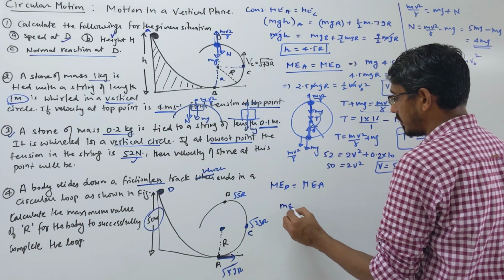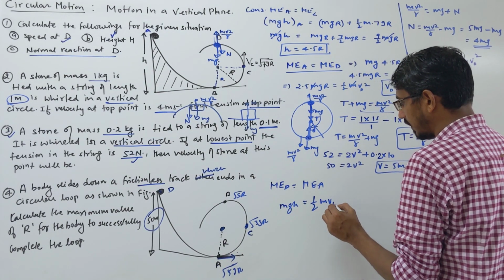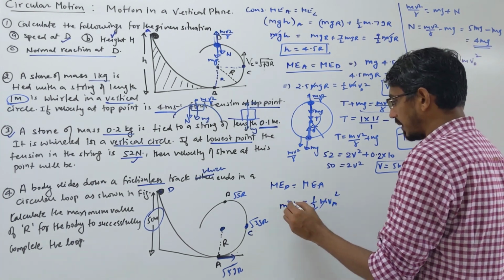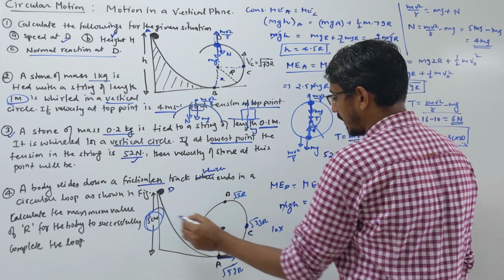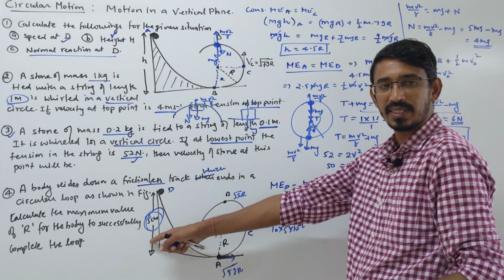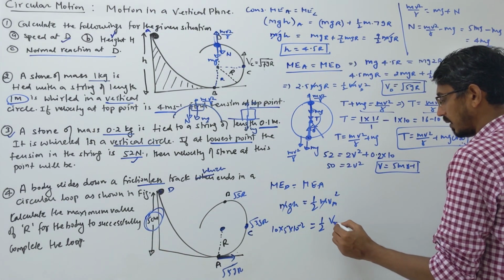Only potential, mgh, is equal to, at this point we have only kinetic, half m, let's call it V a square, right? Okay, m directly goes, g means 10, and height is given to us already, 5 centimeter. So 5 into 10 power minus 2, I am writing in SI system, is equal to 1 by 2 into what,